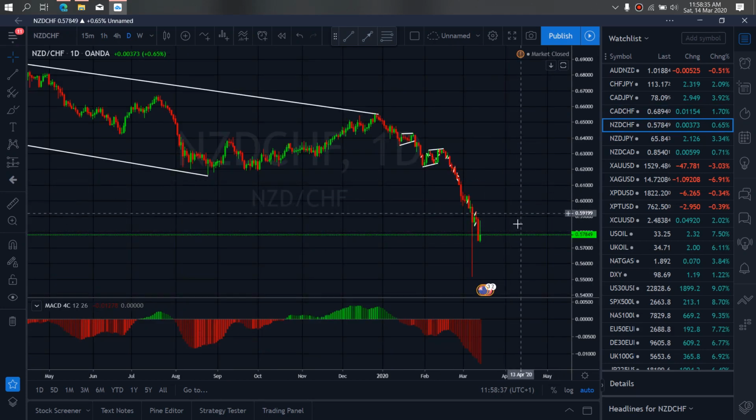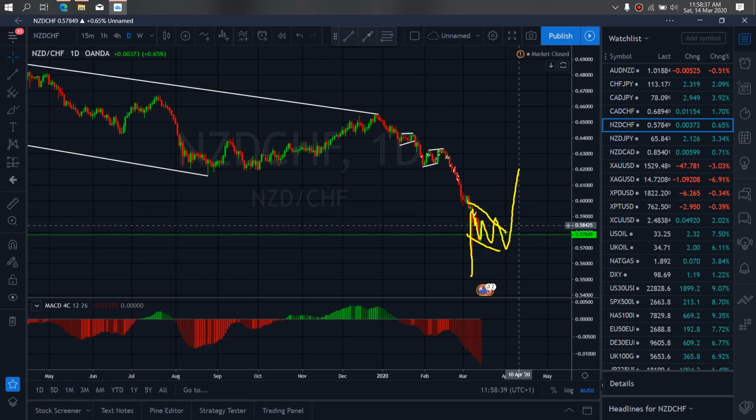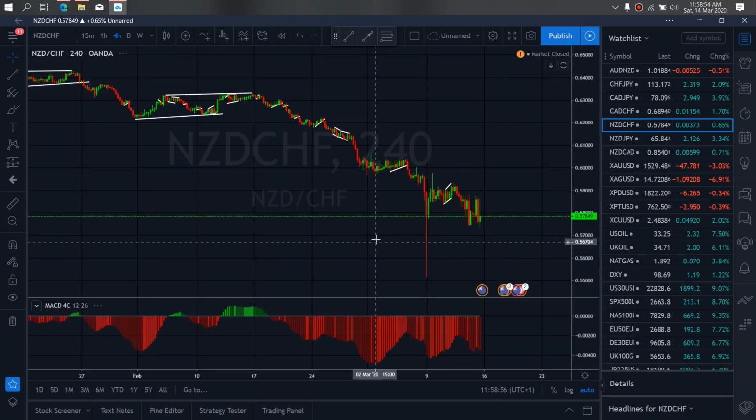On New Zealand Swiss for this week, New Zealand Swiss gave us this buy momentum upside and has been dropping slowly. So we want to watch them give us sideways correction here before they resume this buy upside. So we want to watch out for this week on New Zealand Swiss, more buys to come through to the upside. After the present ongoing correction, we zoom to 4 hour time frame,